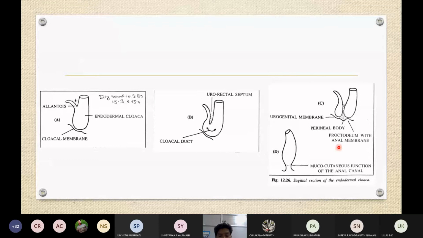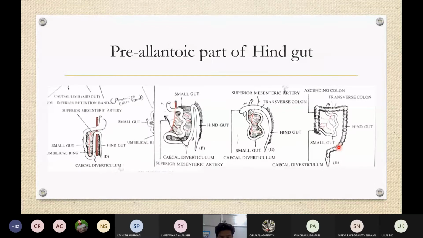Okay, now we saw the cloacal formation in the lowermost part only. Now we should look into the allantois, what has happened to that, and especially the allantois has gone with the urinary bladder, fine. We should see the pre-allantoic part and post-allantoic part, how they got converted. In the initial part, the pre-allantoic